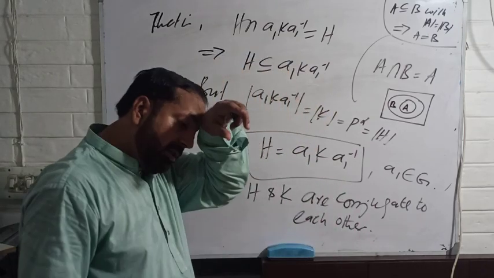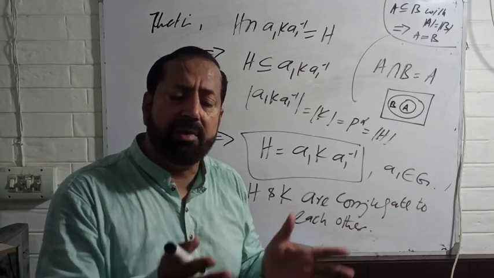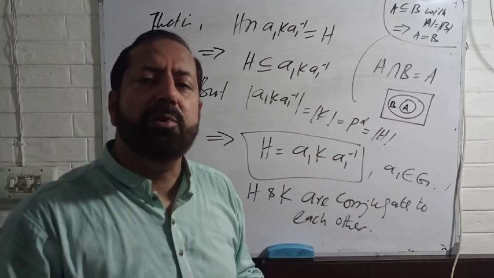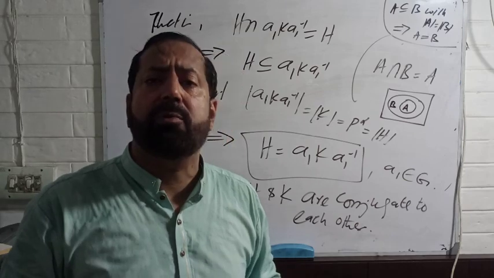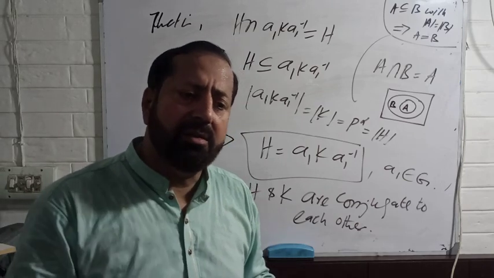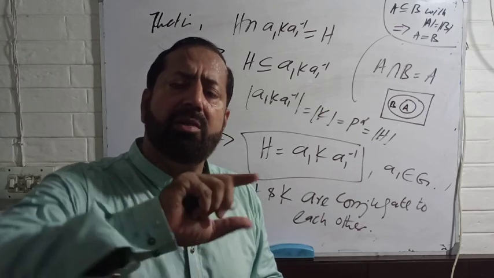Okay, this completes the proof. It's a simple proof. You just consider the double coset representation and then you take two subgroups, two Sylow P subgroups. Of course, their order should be the same, that is P power alpha. Then write the Lagrange theorem and divide by P power alpha. On the left side you will get the index, which is M, and on the right side you will see